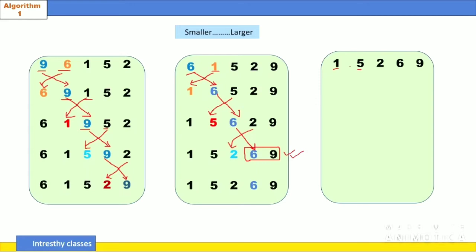So as it is in the right position, because 1 is smaller and 5 is larger, then we have to compare 5 and 2. So 2 will come to the front and 5 will go to the end. Has it become sorted? Yes, it has become sorted.